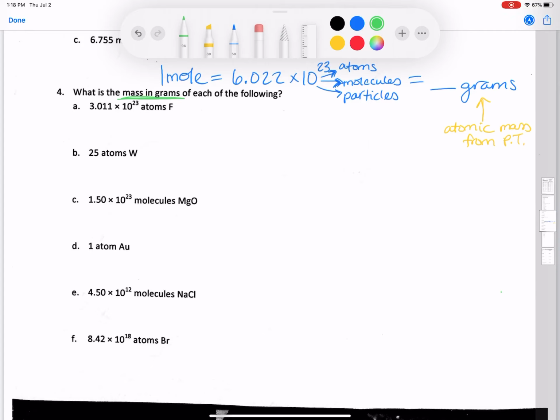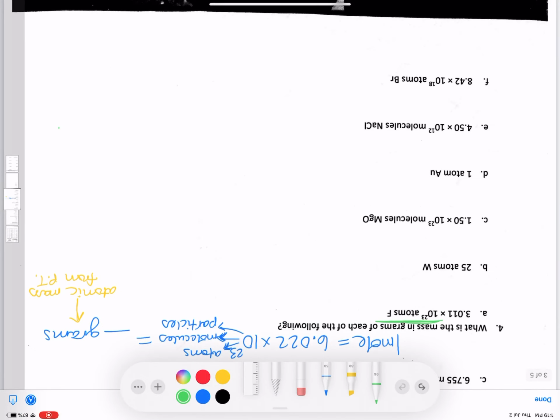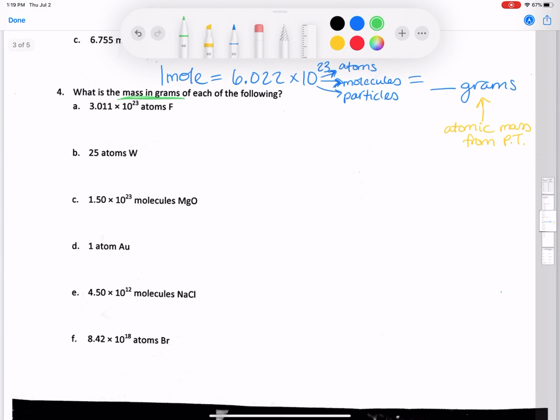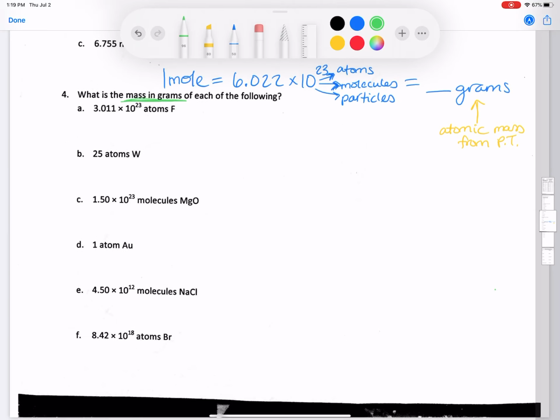So make sure that you have a periodic table out in front of you, and then your general relationship set up for introduction to stoichiometry. And you can see that I have that written up at the top in blue. So let's go ahead and start with question number 1, 4A. So I'm going to start with my data, and my data is